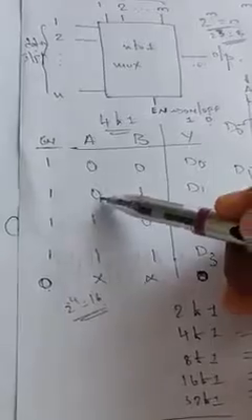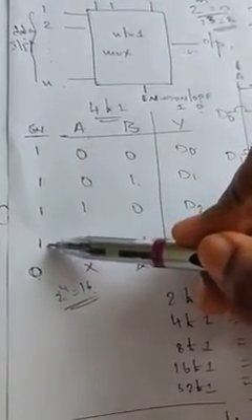When the enable input is high, meaning the enable switch is on, based on the control inputs, if it is 0 0, it is going to select D0. If it is 0 1, it selects D1. If it is 1 0, it selects D2. If it is 1 1, it selects D3. That is when the enable is 1. When the enable is 0, no matter whatever input you give, the output will be low. So this is one thing with respect to enable you need to remember.